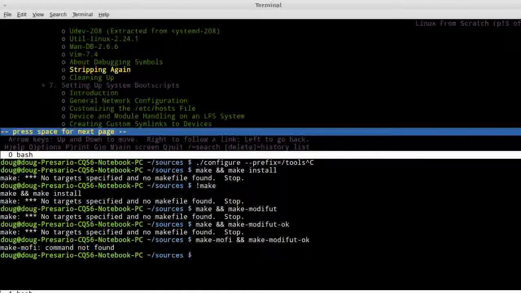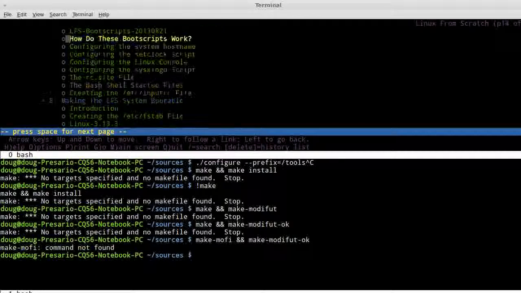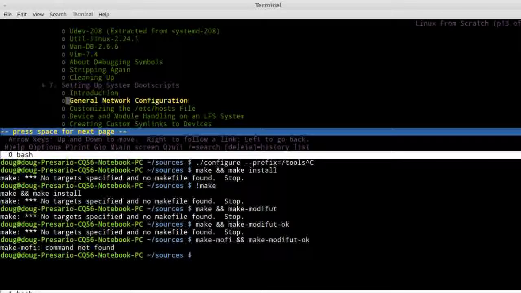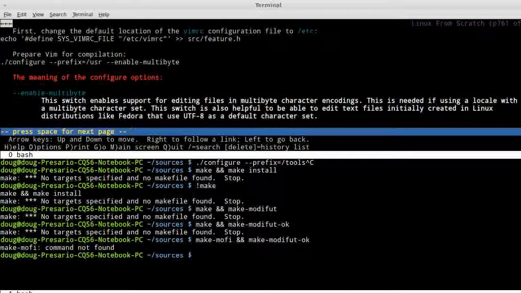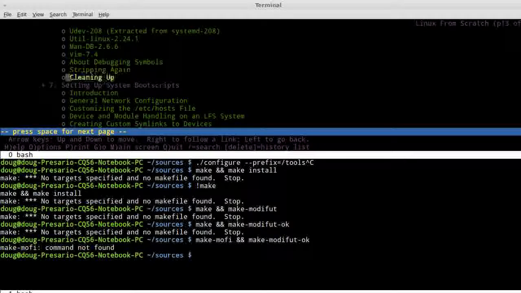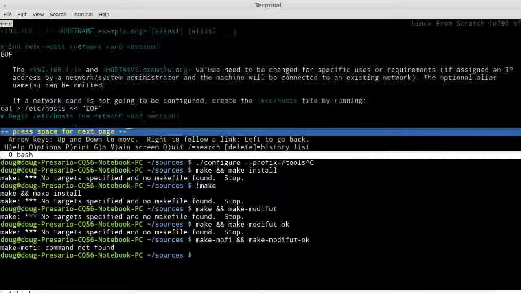And don't be afraid if you have it, especially in later chapters here, later parts, after Vim is already installed. Don't be afraid to use it. Do not be afraid to use it. Even if you,